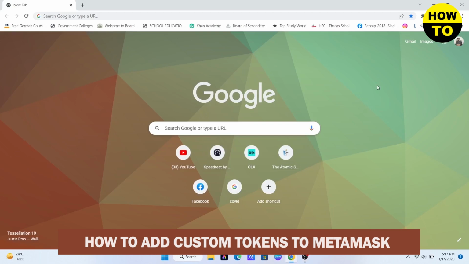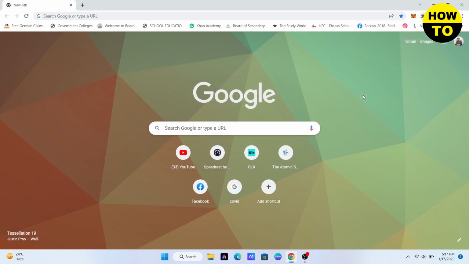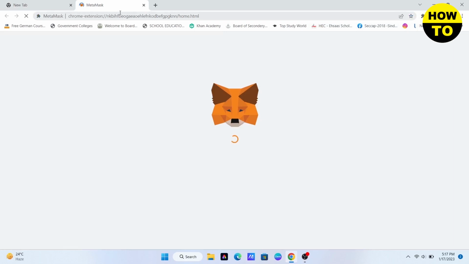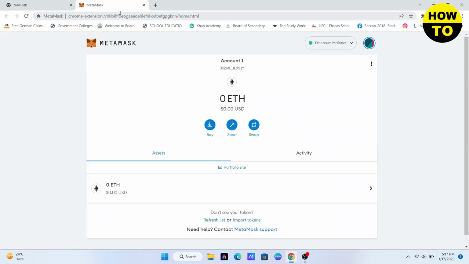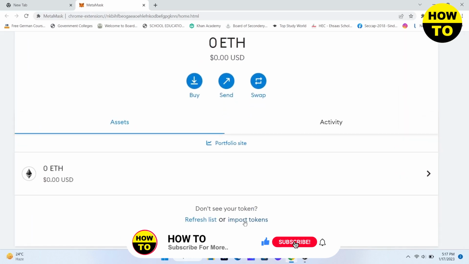So the first thing that you need to do is open up the extensions in your browser and then go to Metamask, and then here you need to click on the three dots and then click on expand view. This will open up the new tab, and here you need to click on import tokens. You will see in the bottom,